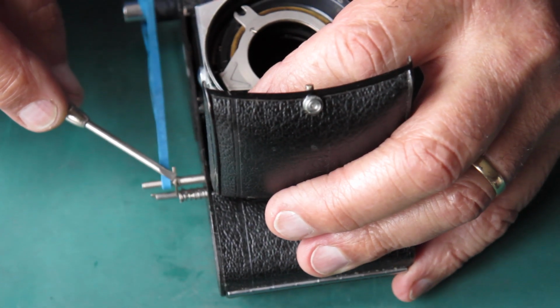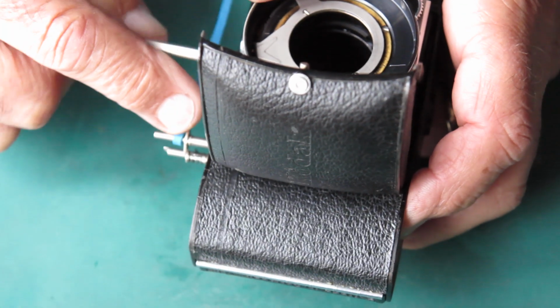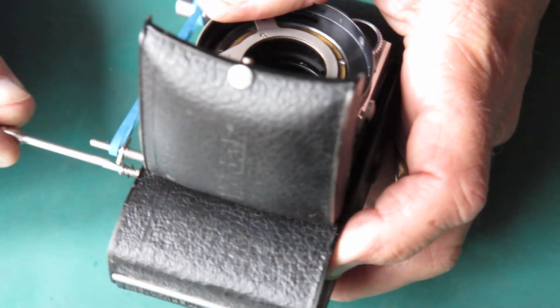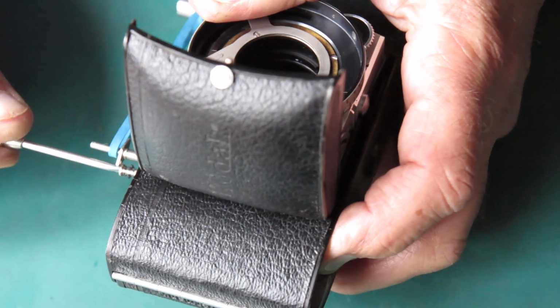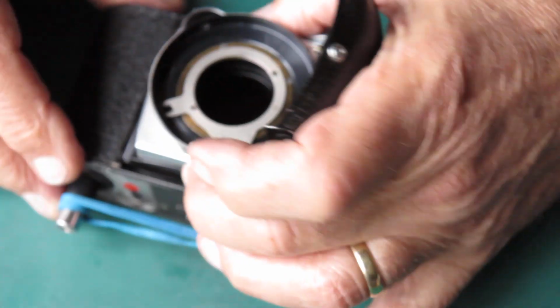I'm just checking here the relative height of the shutter release and that release lever, and I want to take the screw down slightly more than that. There should be a bit of clearance there. I'll just take that down another turn. That's plenty. So now,